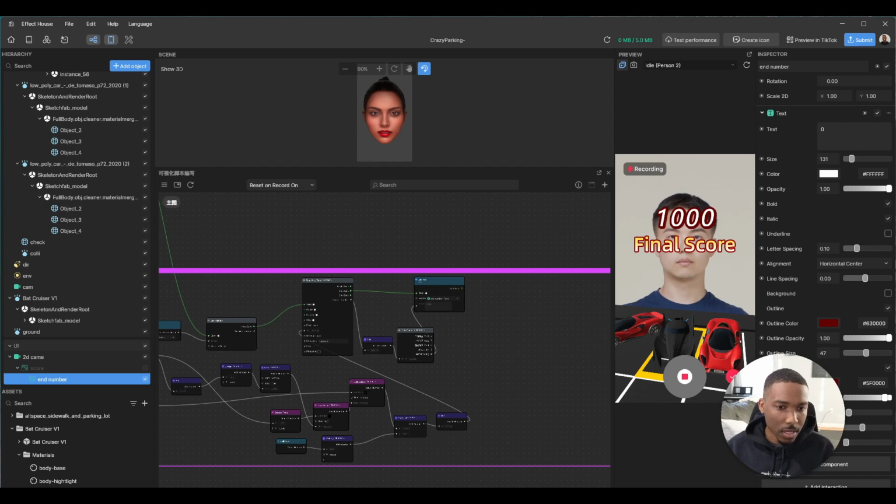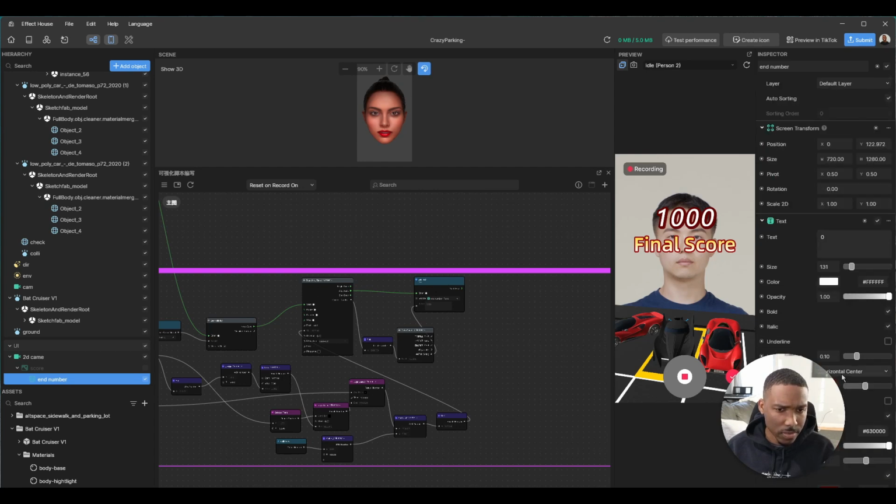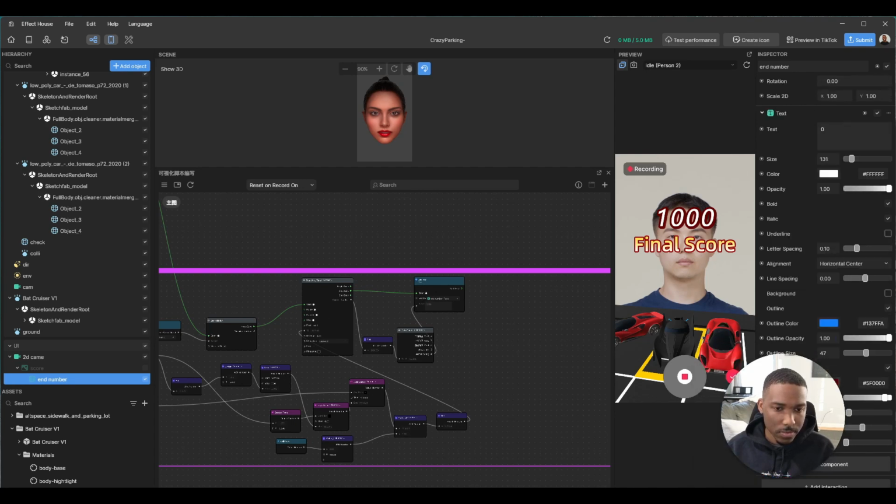There should be a font selection, if I'm not mistaken. Maybe in another update, I did hear word of that. But you have a lot of color options. Set this to blue. Shadow color, we could maybe set that to black. Now if we hit play,